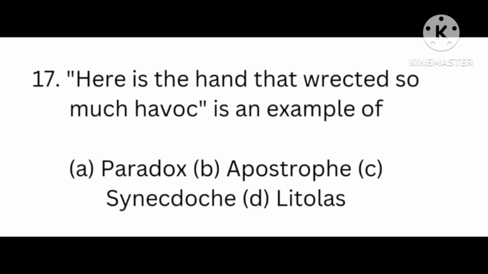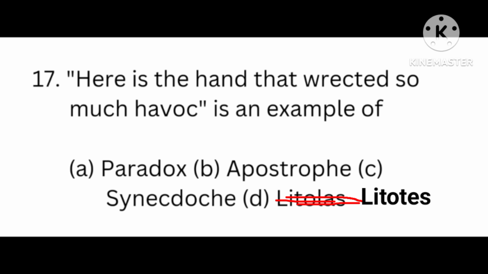When you use a part to represent the whole, or a whole to represent a part, we call it synecdoche in literature. A good example of it is, by the last head count, Nigeria was said to be 88 million in population. When you say, my father has many mouths to feed, there a mouth is used to represent human beings. The next in the options is litotes. Another word for litotes is understatement.